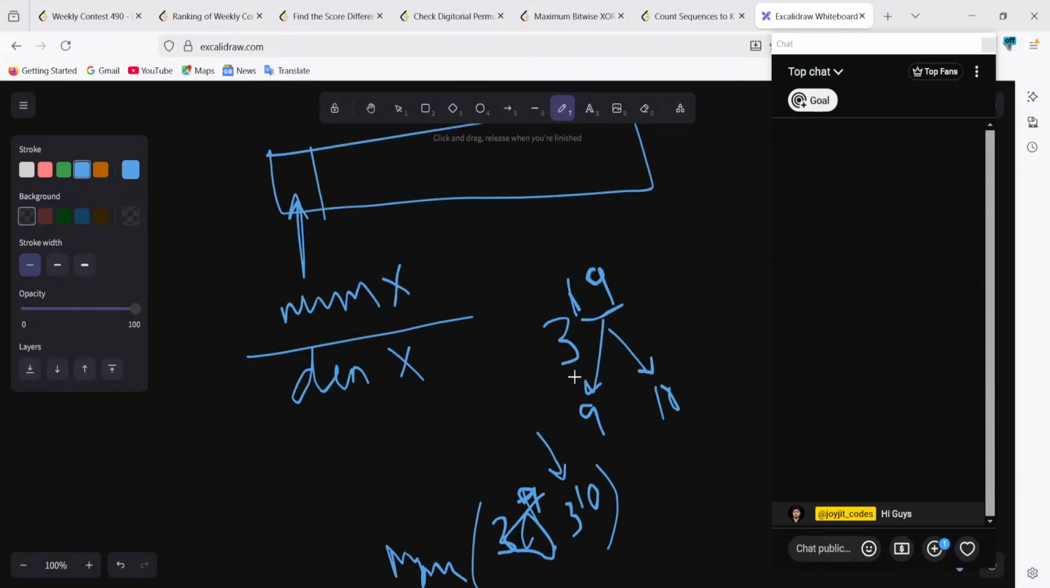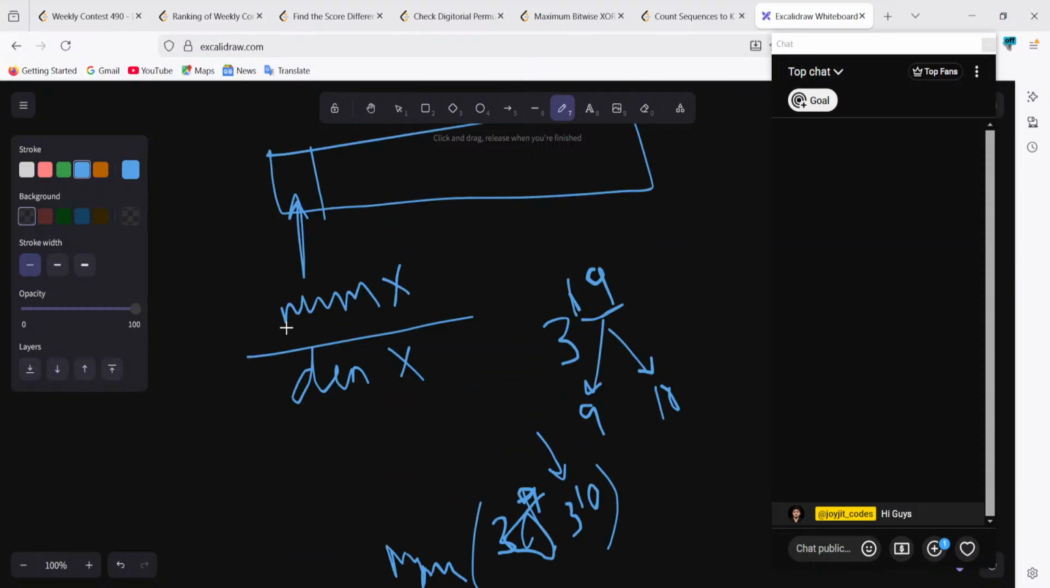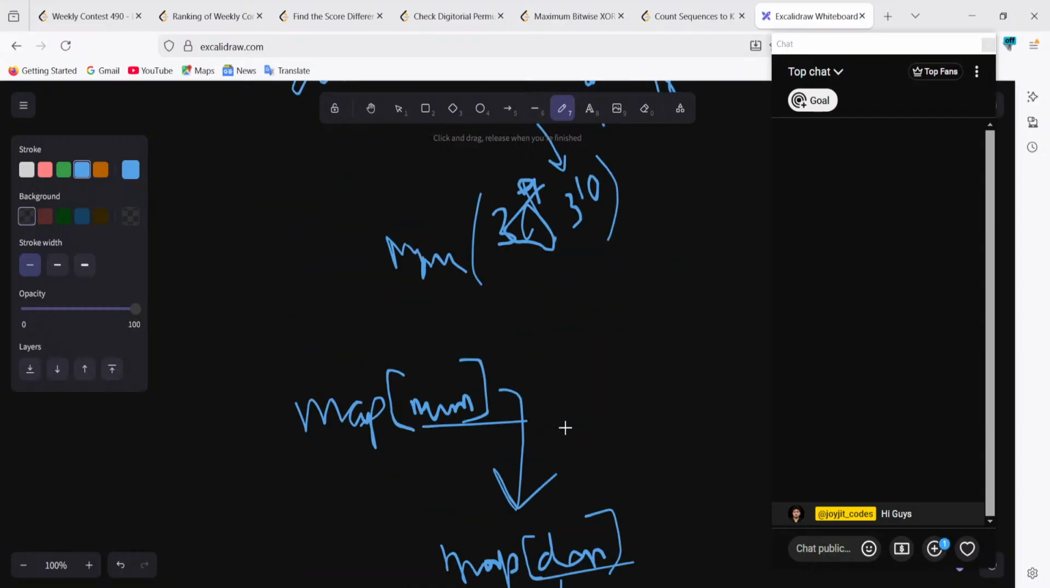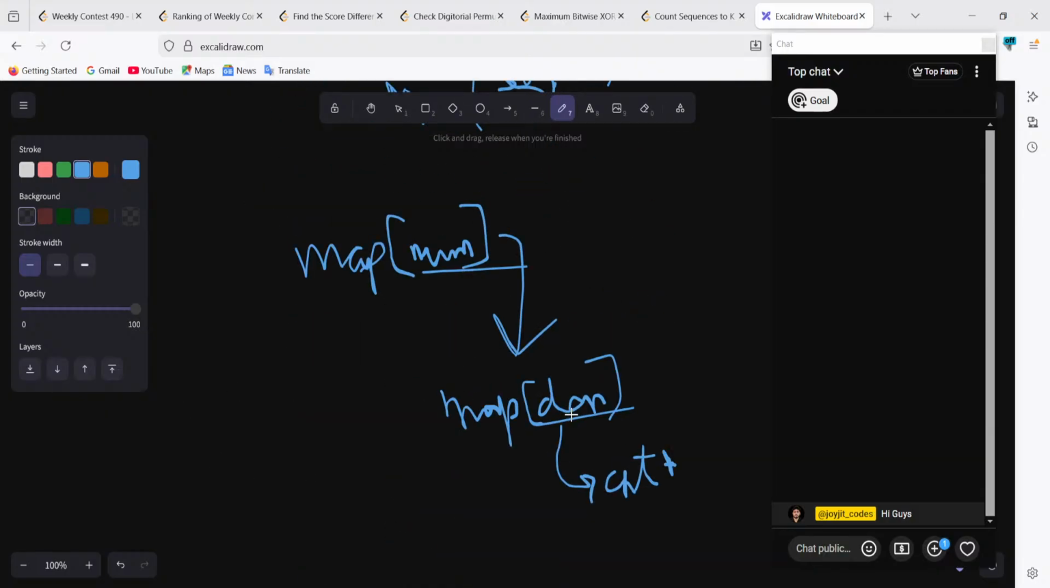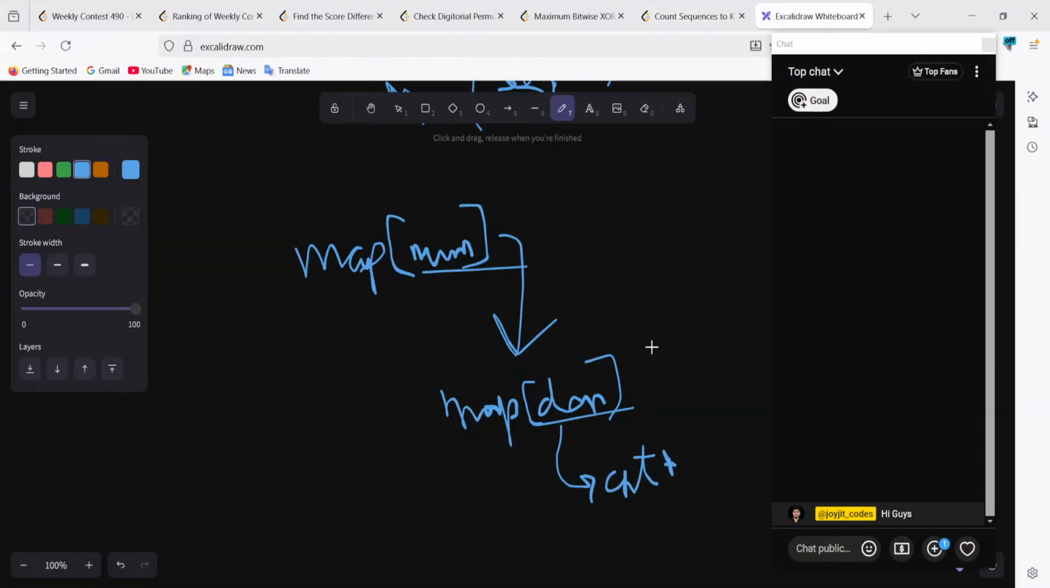So now we know the count, we know the num, we know the den, we know everything, right? At this point we know everything. Now how would you do that? Earlier it was quite easy, but now if we look at this, so num and den, so let's say num is,